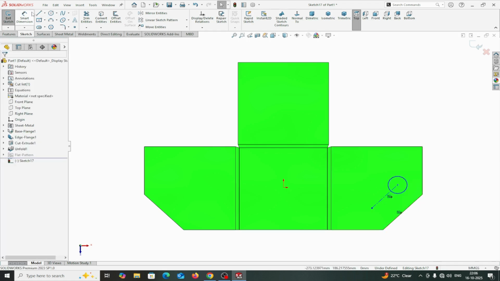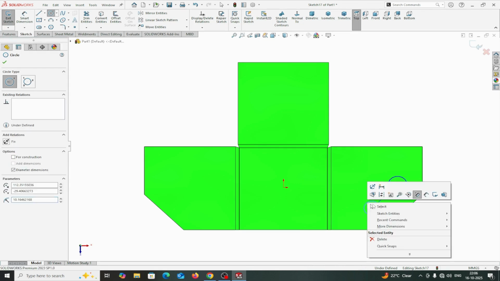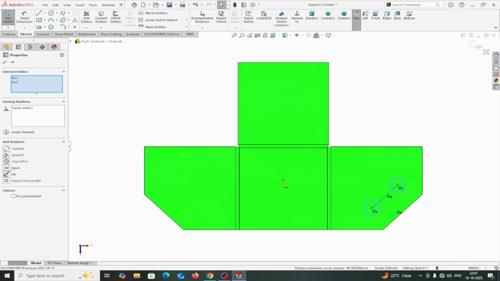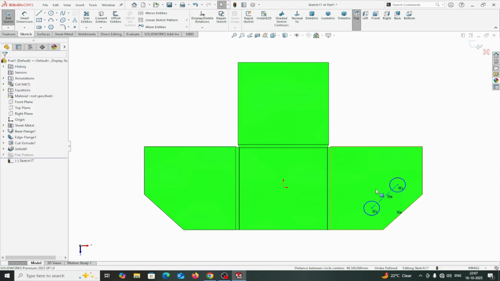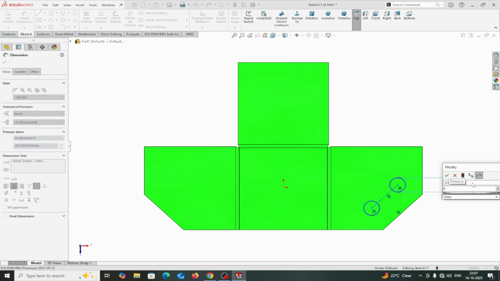This one, and also another circle. Select this circle, shift, and this circle, equal. Okay, and the dimension of this circle I am taking 6 mm, only 6 mm. Okay,